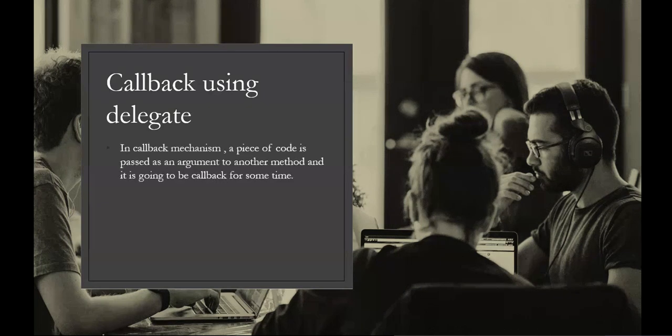So in callback mechanism, a piece of code is passed as an argument to another method, and it is going to be called back some number of times as per the requirement. Okay. So what is callback? A piece of code which gets repeated several number of times whenever there is a need.